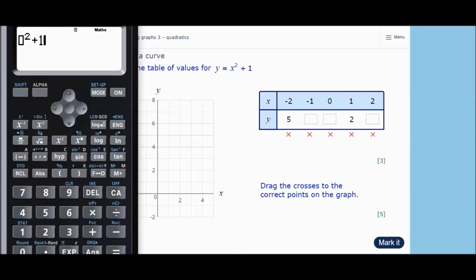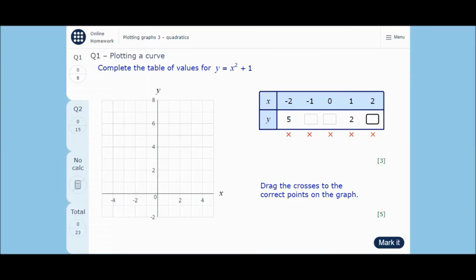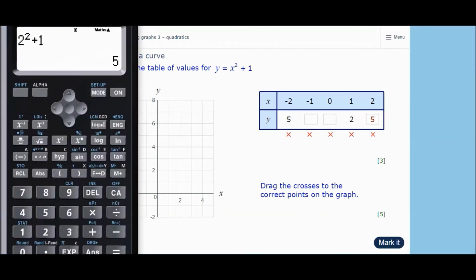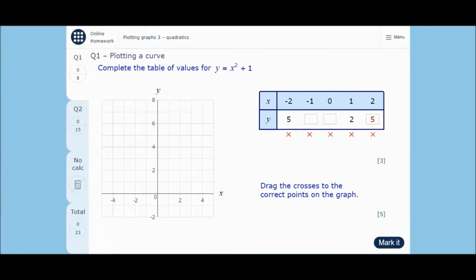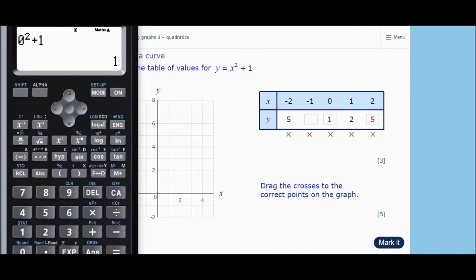So in this case then, when x equals 2, I always start on the positives. When x equals 2, 2 squared plus 1 is going to give me 5. So I can type in 5 there. When x equals 0, go back up into my equation. When x equals 0, my y value is going to equal 1. And when x equals negative 1,